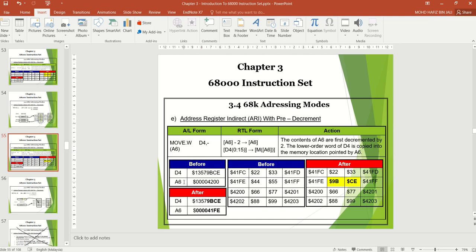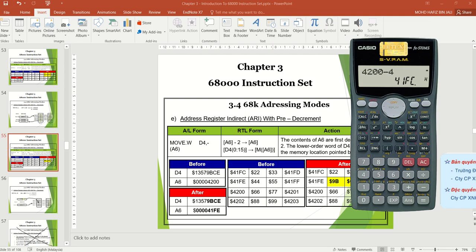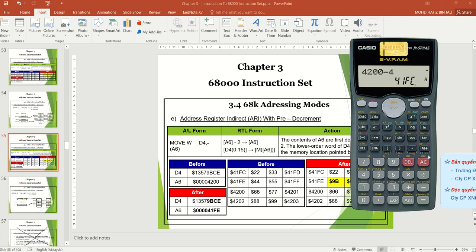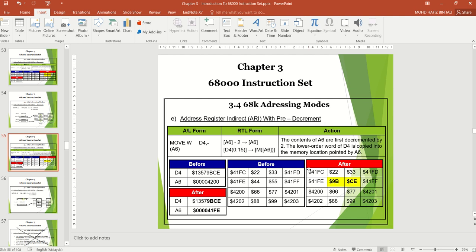As in the previous slide, the address location needs to be decreased. 4200 minus 4, same as this one. This one is word, so minus 2. 4200 minus 2 is 41FE. So it starts from 41FE.